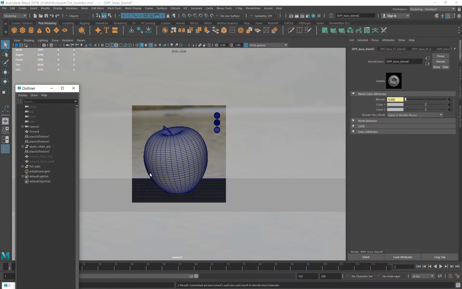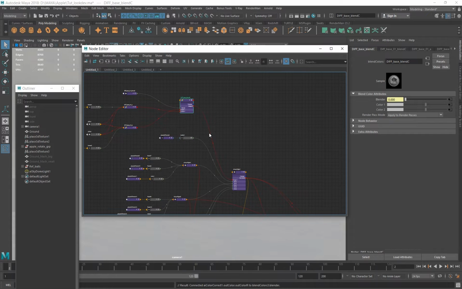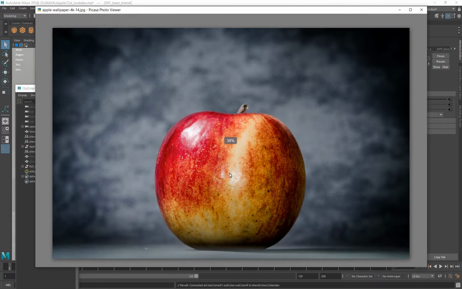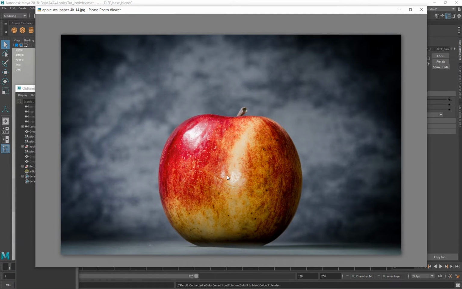So now that we have looked at how the displacement shader for the apple is done, let's start looking at the base color and specular roughness and bump and everything. How I develop the base structure is I start with the simple base color, as I have explained to you earlier. When it comes to the colors, I try to create the first base, the biggest texture variation or color variation there is in the reference.